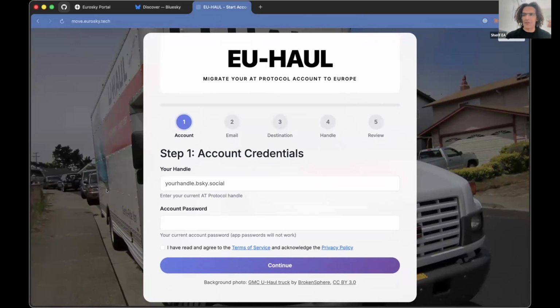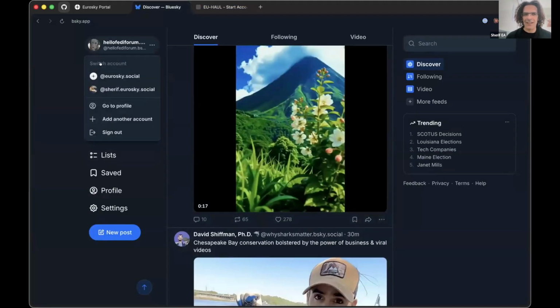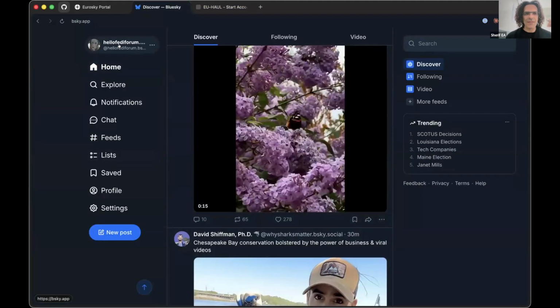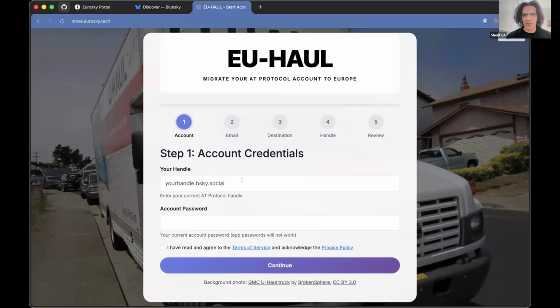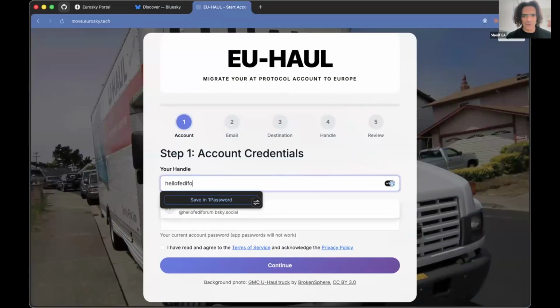Eventually, I would love to see a 2-3 click migration, where you authenticate with your existing account holder and the new one, and it just happens very quickly in the background, and you don't need to pass on anything. At the moment, it's a little bit more involved. So I created this account just for today, and I'll show how it's going to work. I think it's hello FediForum